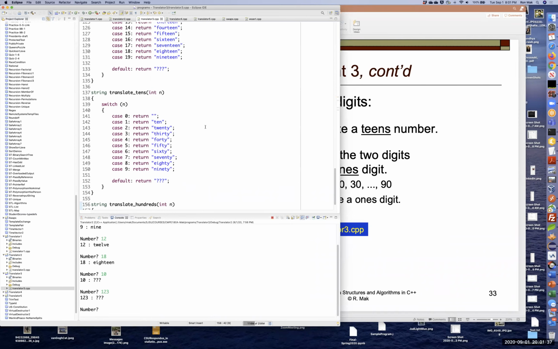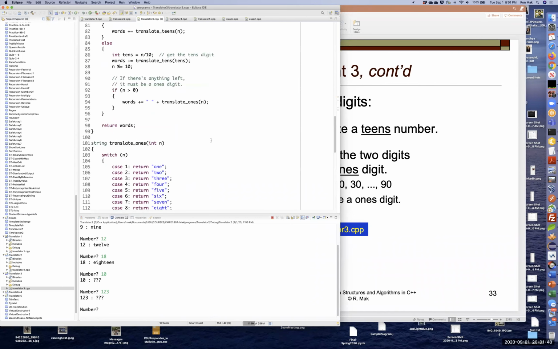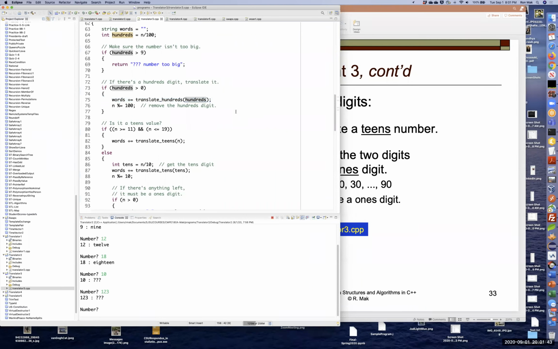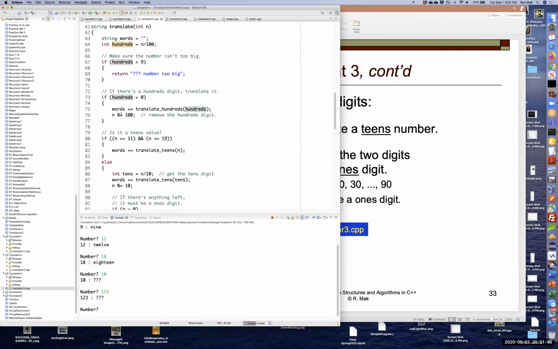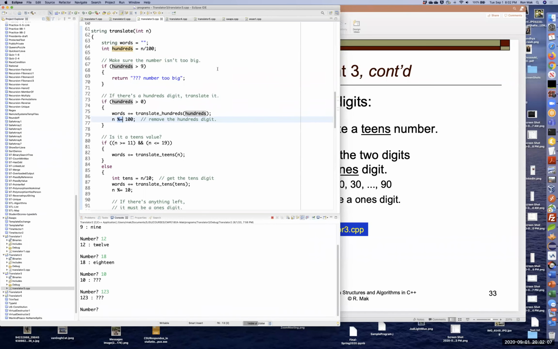Now, after we've translated the hundreds digit, we need to look at the remaining 2 digits. And to get the remaining 2 digits from a 3-digit number, we do a modulo of 100. Now notice this is modulo equals, and so what we've done is take the value of n that was passed in, hopefully just a 3-digit number,